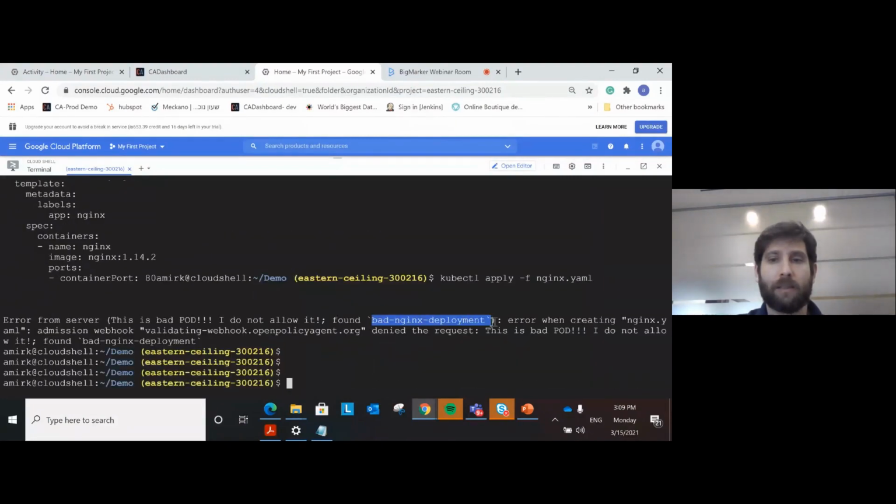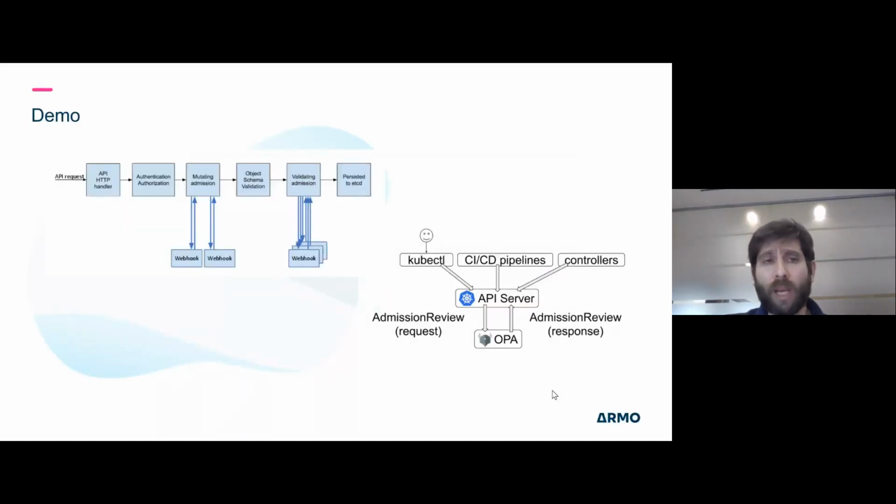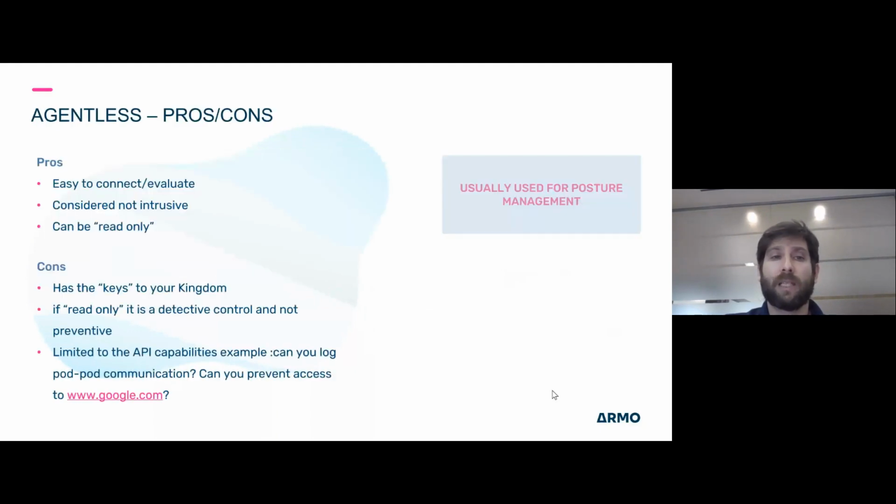Okay, and here you can see that the Open Policy Agent doesn't allow it. So basically, what we've seen here is that we have an agentless solution that connects to our Kubernetes cluster and gives us a security value because it looks at the posture of the Kubernetes cluster. And usually these agentless solutions are doing posture management, so they can scan containers, get data, give you risk